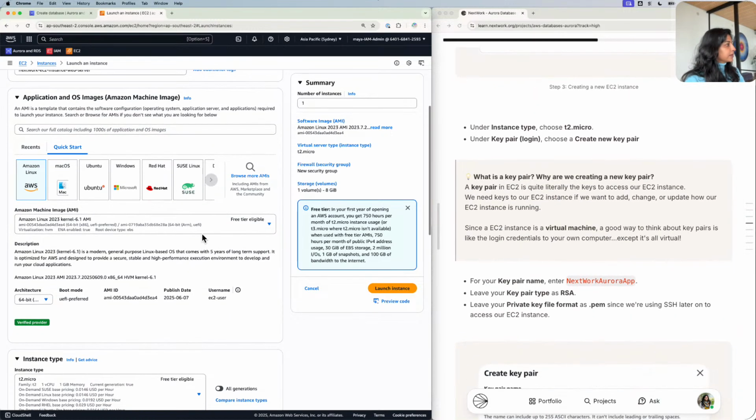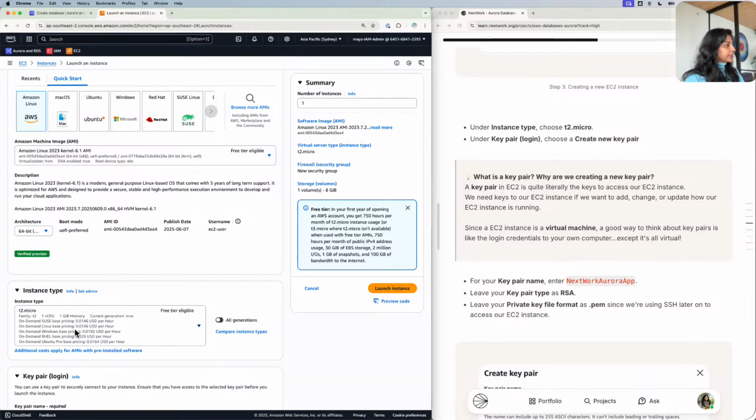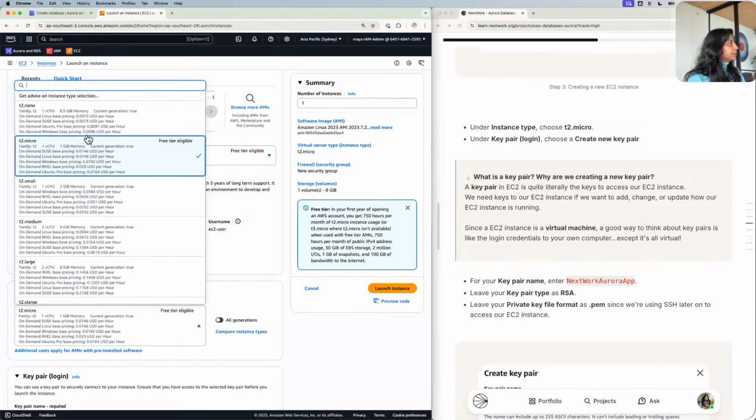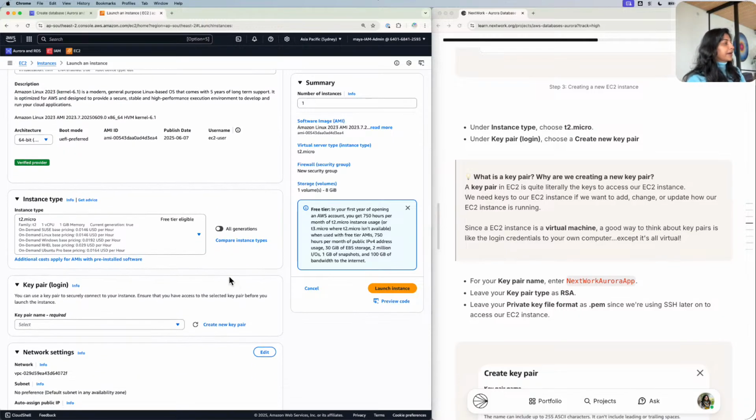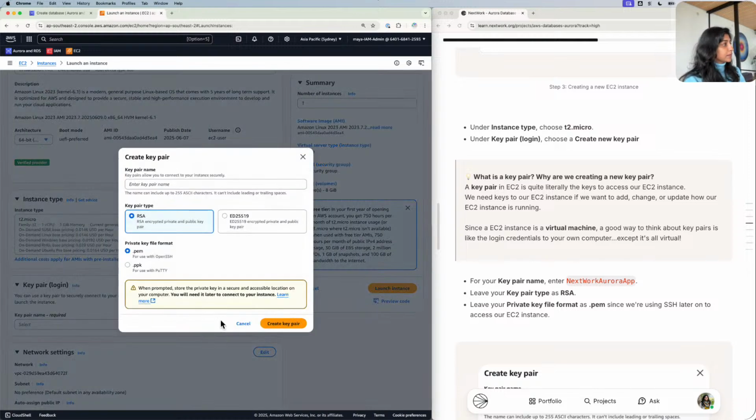Okay, so here we're going to select T2 micro, and for the key pair login, we're going to create a new pair. Okay, and when we create a new pair,